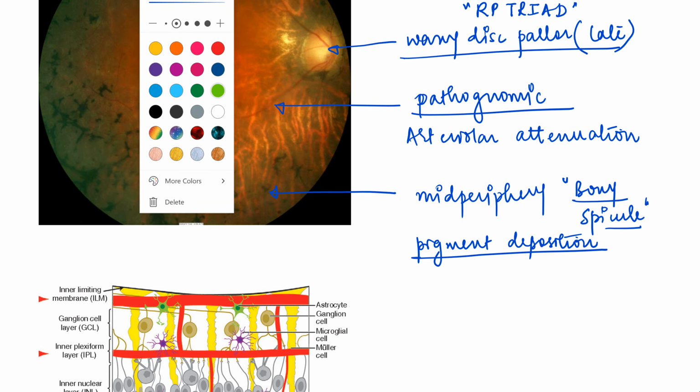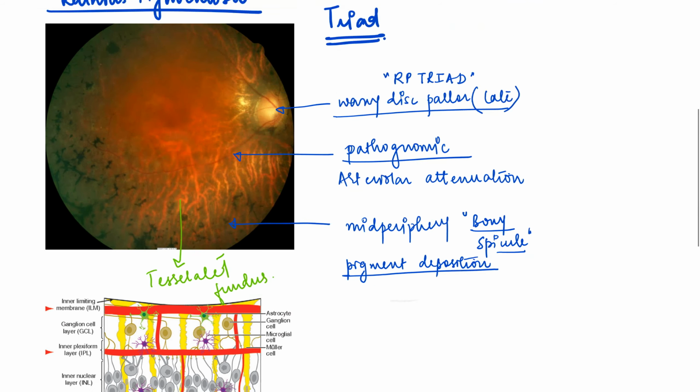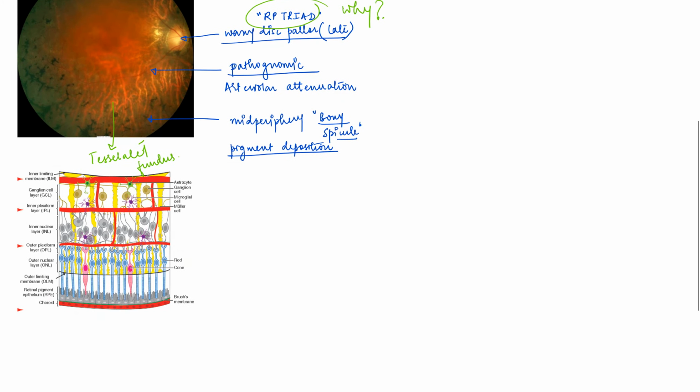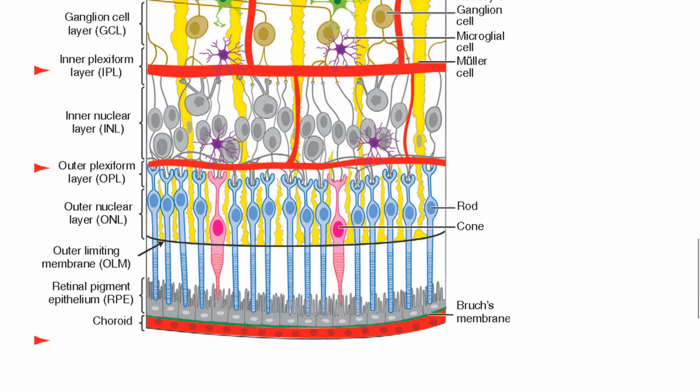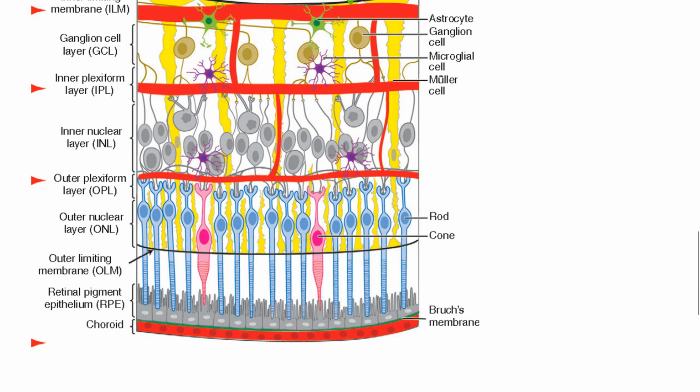We can also notice that the fundus here has a very tessellated appearance and we can see the underlying choroid. So why do we see this triad? What is the pathophysiology behind this? So let us move on to the layers of the retina, which will be easy to understand why RP involves